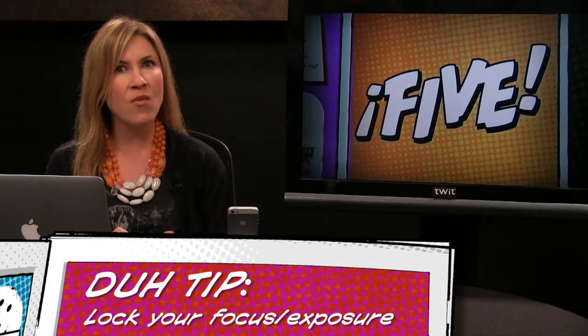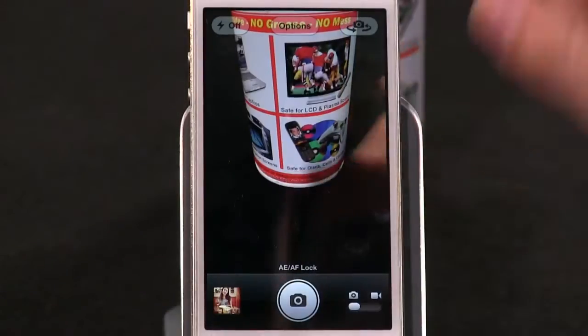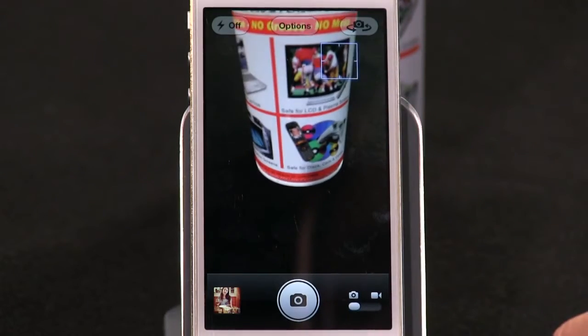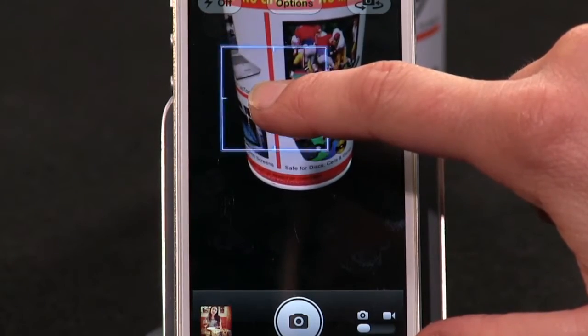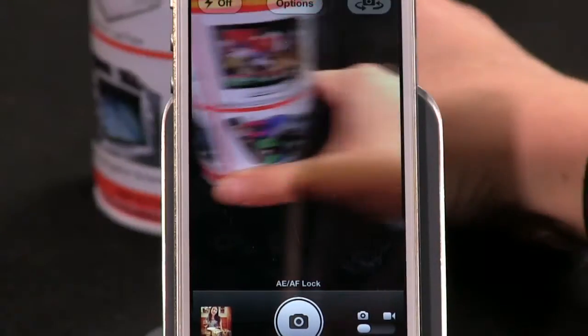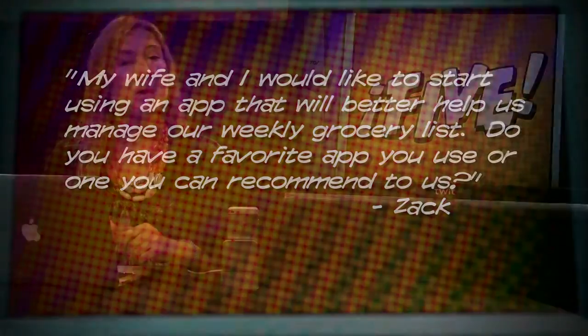Wow, I didn't know that, and I proclaim to be such a camera expert. I knew that I could change where the focus and exposure point could be set after framing an image, but I didn't realize a tap and hold would lock the focus and exposure no matter where I pointed the camera afterwards. For you creative types, this tip will come in handy. Give it a go. Number 2, got another email from Zach who writes,